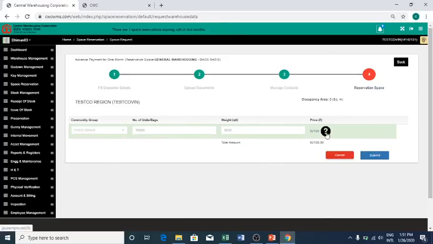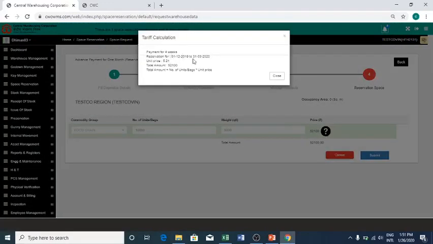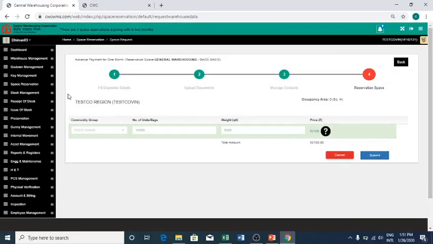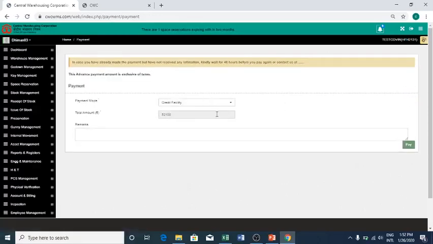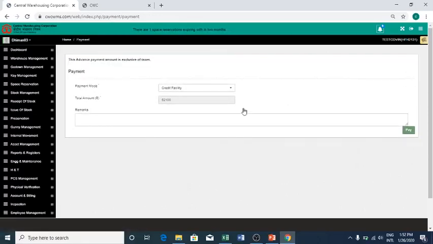You do that, and then if you press the information, it will tell you that you're taking the payment for 4 weeks. The unit price is 5 rupees 21 paisa, which is the FCI approved tariff from 16-17 onwards, and the total cost of that. If you see here, there is no requirement for an advance storage security deposit like what we did in the case of dedicated reservation. You now submit. Let me say for this, there is no TDS applicable, and proceed. Now, you see here that by default you're getting the credit facility.